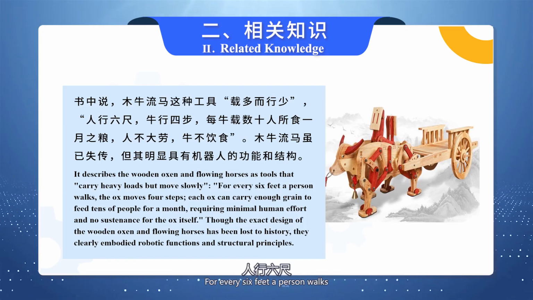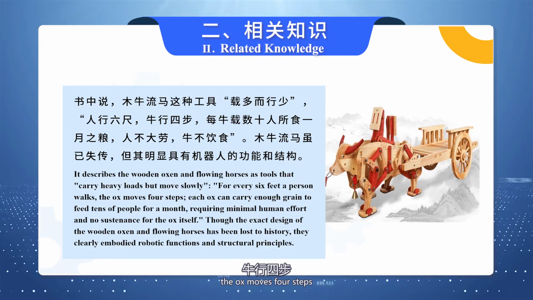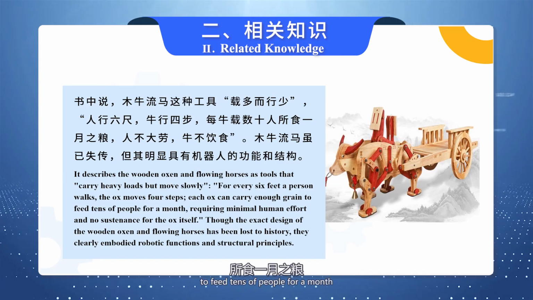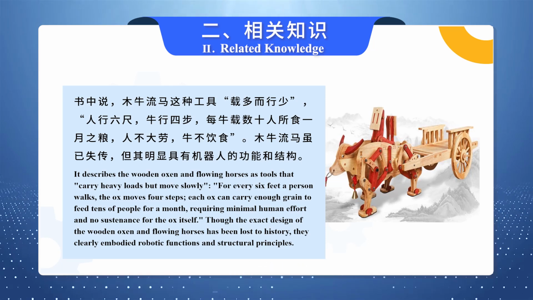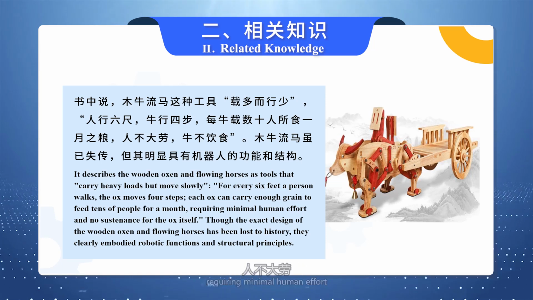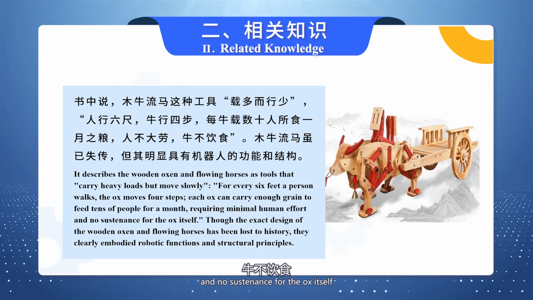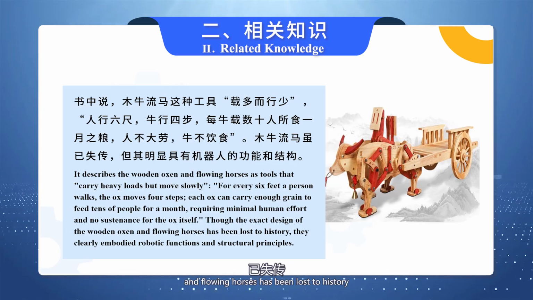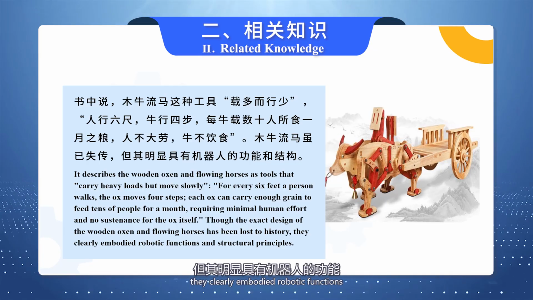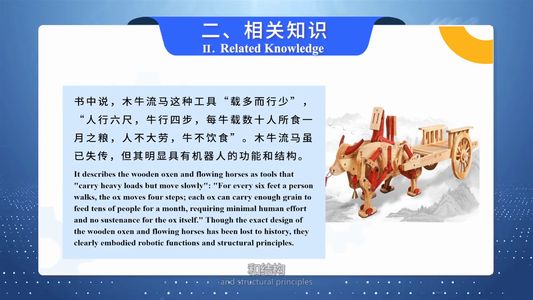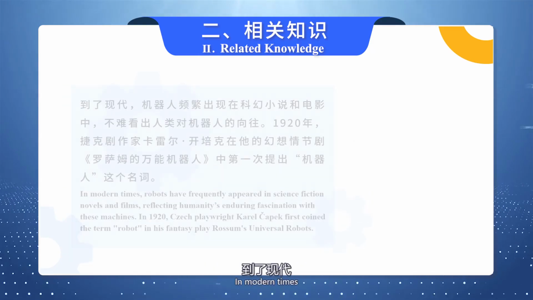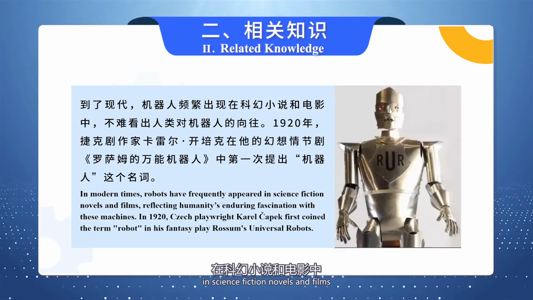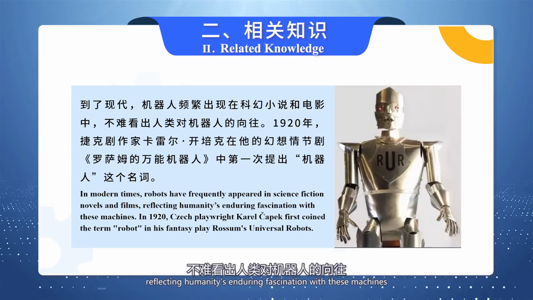For every 6 feet, a person walks, the ox moves 4 steps. Each ox can carry enough grain to feed tens of people for a month, requiring minimal human effort and no sustenance for the ox itself. Though the exact design of the wooden oxen and flowing horses has been lost to history, they clearly embodied robotic functions and structural principles. In modern times, robots have frequently appeared in science fiction novels and films, reflecting humanity's enduring